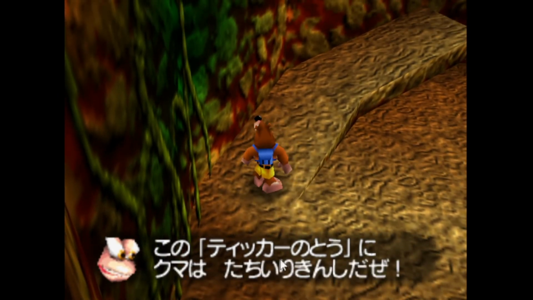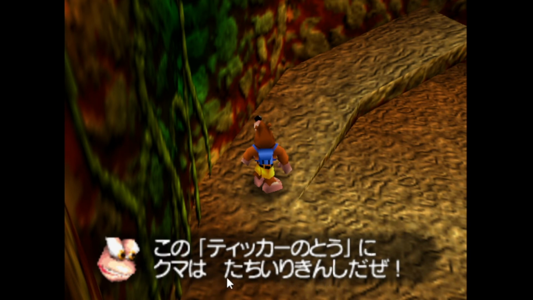Kono tikka no to ni kuma wa tachi iri kinshi da ze. Okay. So this tikka is obviously the name of either the creatures as a whole or just this guy. I'm not sure. But to is a tower. So tikka no to, Ticker's Tower. So this Ticker's Tower, into, Kuma wa bears, tachi iri kinshi.